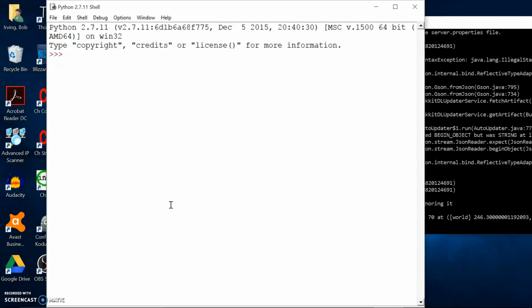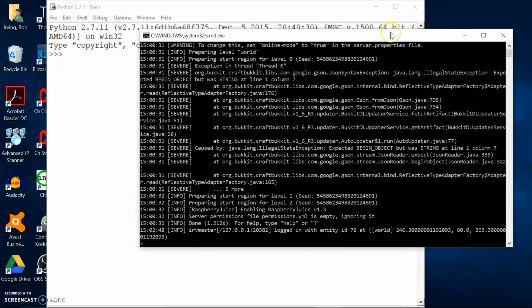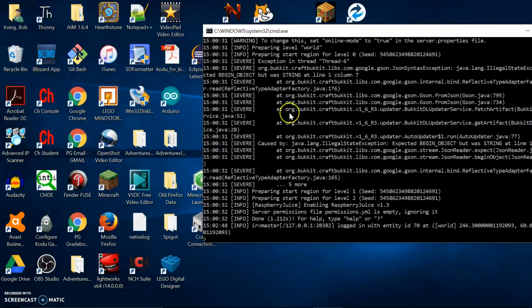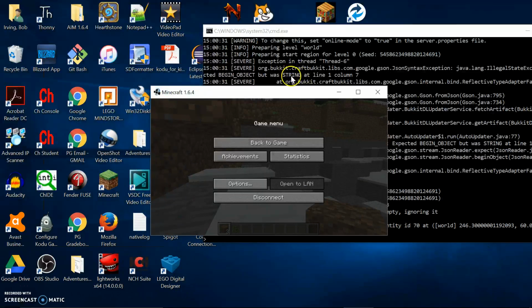But at any rate, what you have to do is you've got to have four windows open if you're going to run it on Windows. Okay? So first one you need to launch your Bukkit server, which I have done there. Second one you need is Minecraft, and the older version uses Minecraft